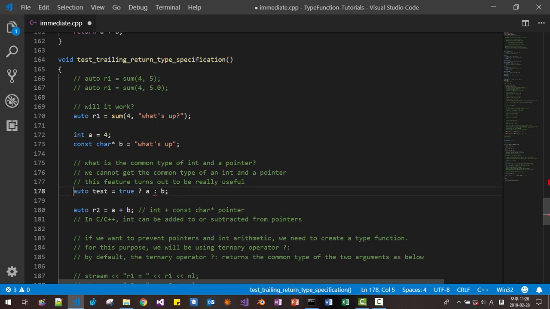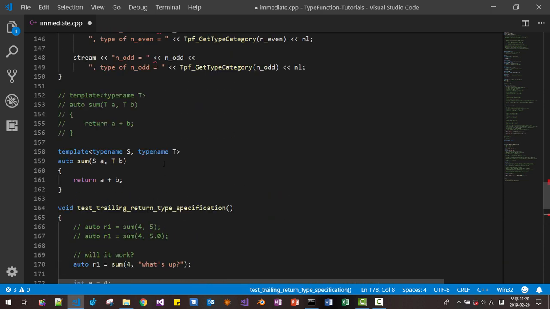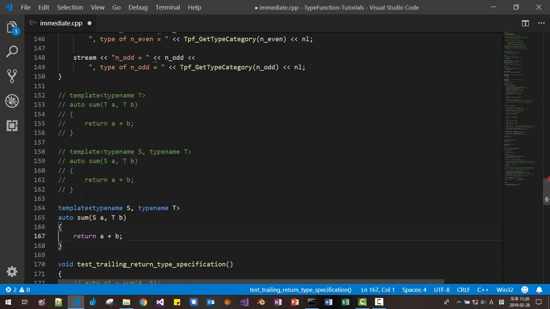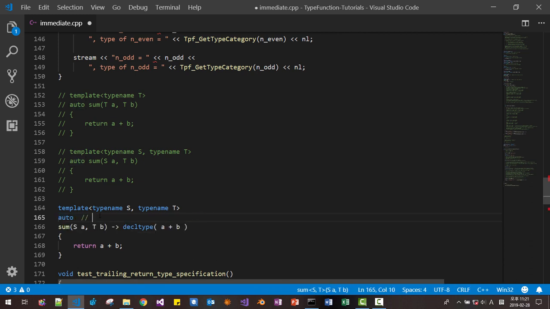So I disable it and we fix it like this. Now I copy and disable, and I paste. We are using trailing return type like this: decltype(A + B). It means this is auto here. This auto is called return type placeholder auto.